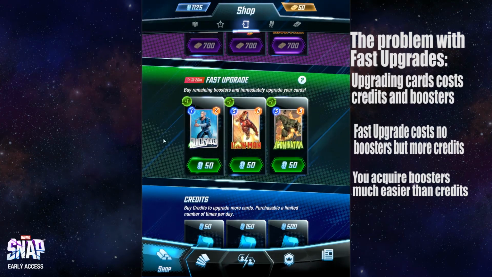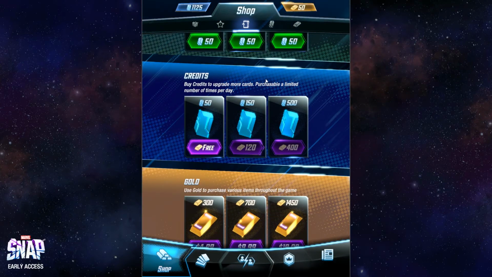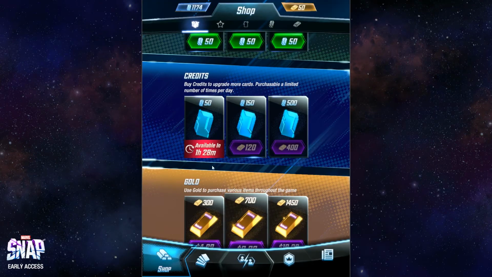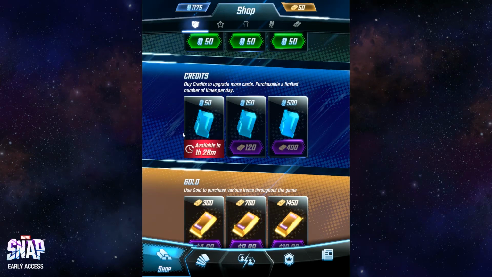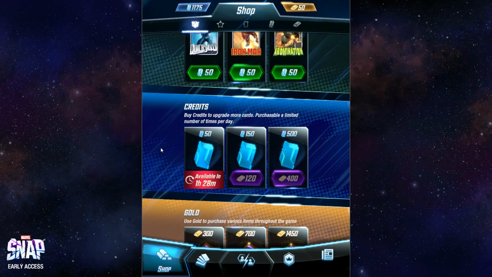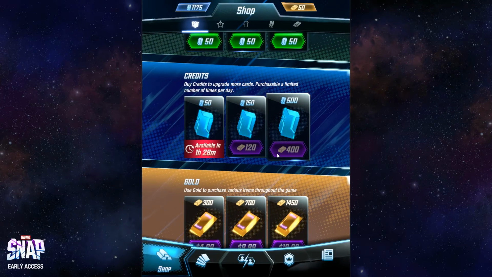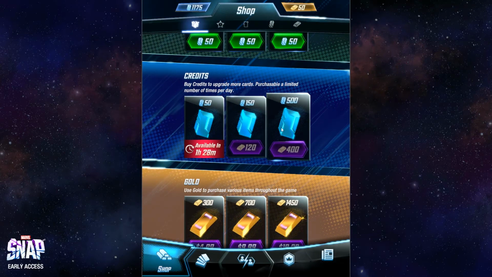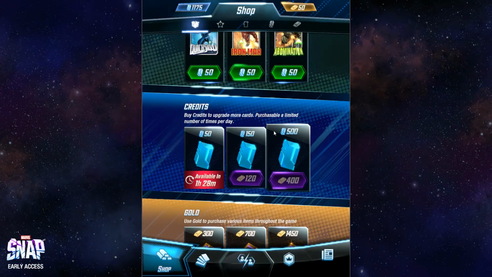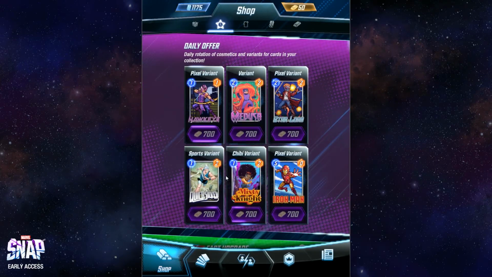The other nice thing, though, is that every day you can get 50 credits for free. You just click the free button there. I got 50 credits. Credits are what you want the most in this game, and so those are what you're always trying to come by. That's why you never want to waste them on a fast upgrade. We only have 50 gold, so we can't buy more credits. Another thing is I wouldn't buy credits here either, because there's three things you can spend your gold on. You can spend your gold on credits here, or variants up here,